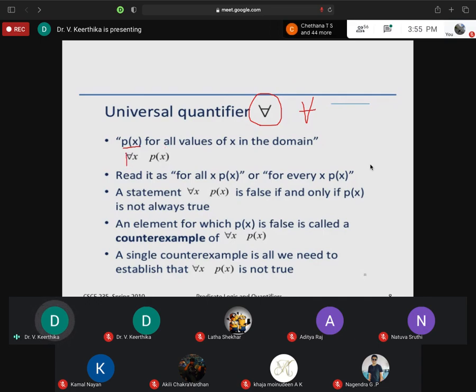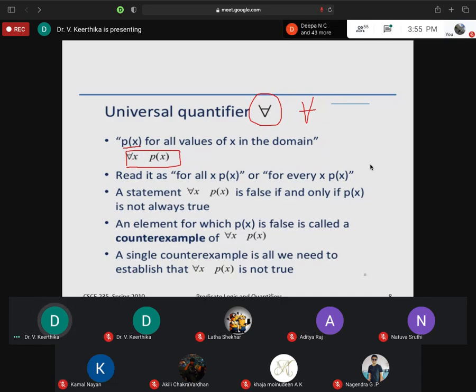Here I am using a symbolic form of this statement: for all values of x in the domain, P of x. How can I read this? For every value of x, P of x is true.